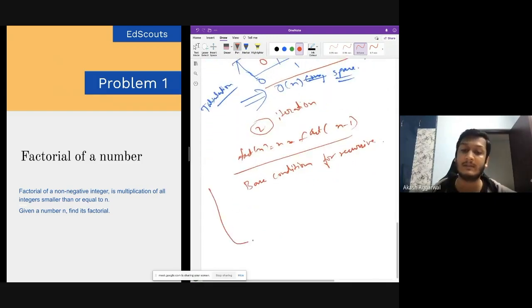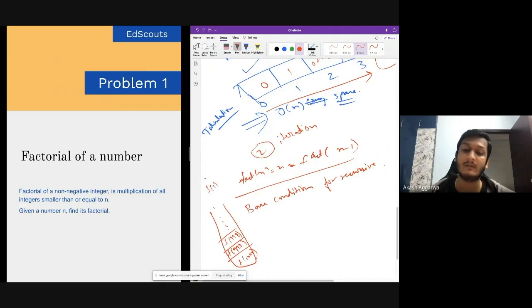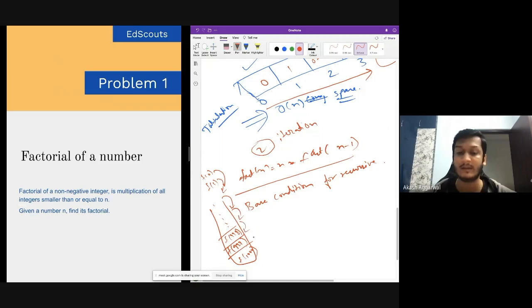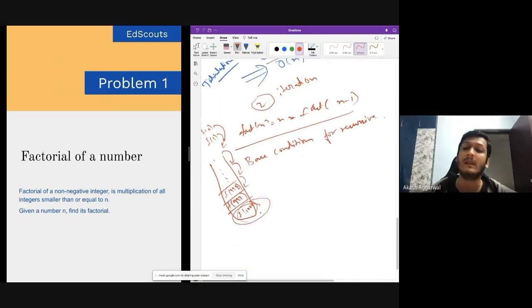So all these functions are going to be called in this pattern. For example, if Fibonacci of 1000 is called, we will be evaluating Fibonacci of 999, then Fibonacci of 998, and so on. What happens is at the last we will have Fibonacci of 1 and Fibonacci of 0. These values will be returned over there, and this will keep on returning, and we will calculate the Fibonacci of 1000. This is how the recursion works basically.